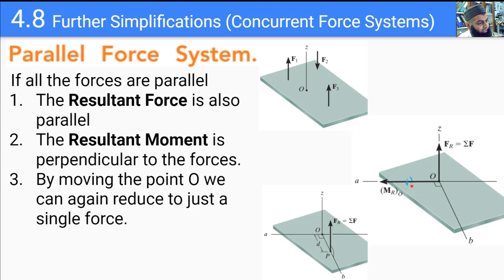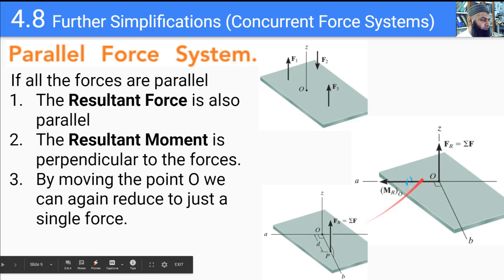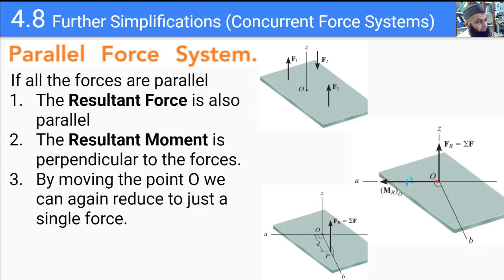And again we get a system where the resultant force and the resultant couple moment at this point O are perpendicular, which again means that I can move this force around to cancel out the couple moment. If we move the force a distance d perpendicular to the line of action of this M_R, then we would be able to generate a couple moment to cancel this original couple moment.